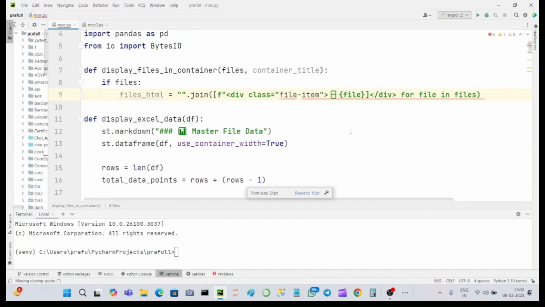so we have created one function here named display files in a container that takes two arguments. First one is files, a list of file names, and the second one is container title, a title of the container. Then if files, this line will check if the file list is empty or not. Okay, then files_html, it will create an HTML string that represents each file in the file list as a styled div element. Okay, then the next line will be